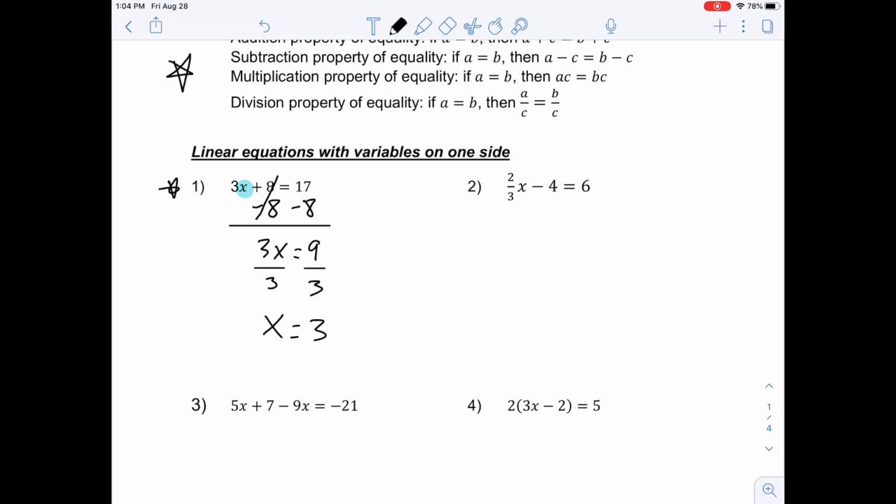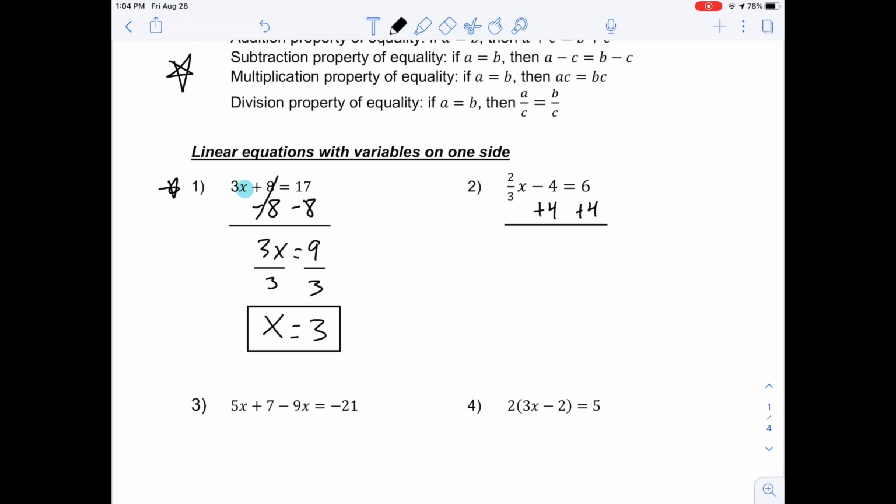Now, of course, you can check your value. If you take this solution, x equals 3, and plug it into the original equation, 3 times 3 plus 8 is equal to 17, you will see it's true. For our purposes here, I'm not going to check every one, I'm just going to solve them, but that is how you would check. Looking at number two, we're going to get rid of this 4 first,